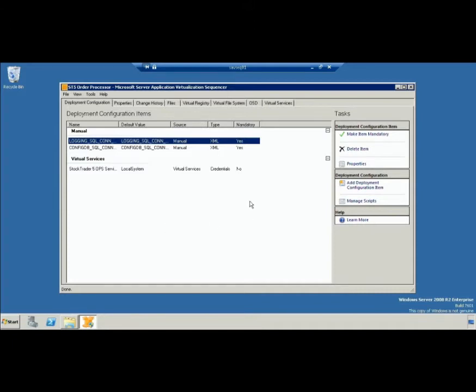So that's just a quick look at the Server App-V sequencer. There's a lot of guidance on this coming through. There's a Server App-V blog out there with lots of examples of sequencing applications. So if you want to give it a try, you can install the sequencer, run your application through, see how it pans out. We covered yesterday all the different pieces of the applications that we can capture,